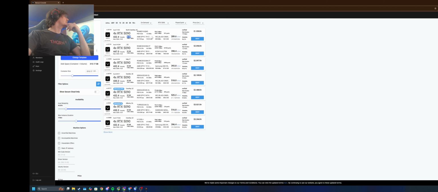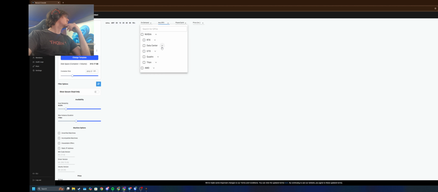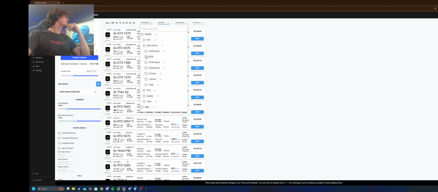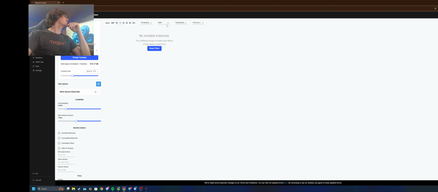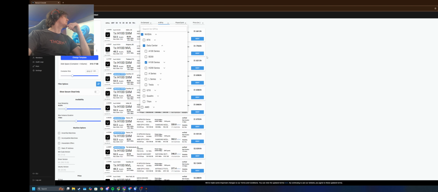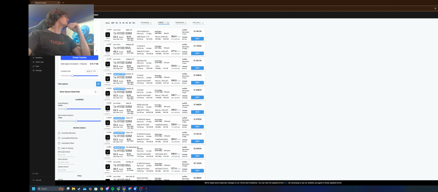Another popular graphics card are the data center graphics cards, which is the A100, B200, H100, and H200. So H100 is pretty good. I don't use the A100. B200 I also don't really use that much. They're harder to find, so I really haven't used them. A lot of times I use H100s, which has 80 gigs of VRAM,